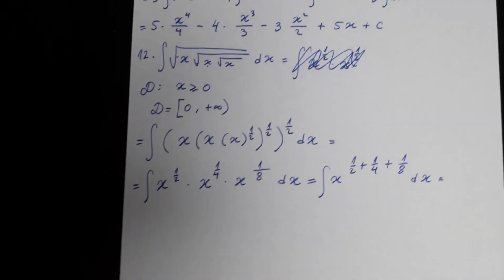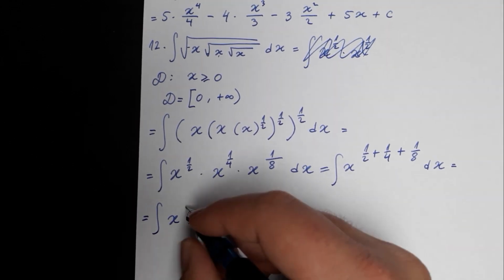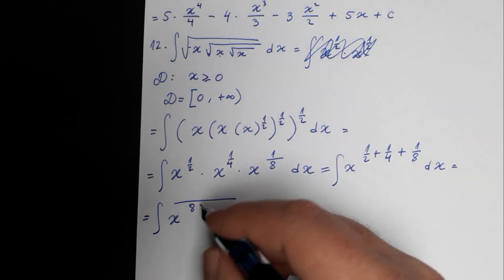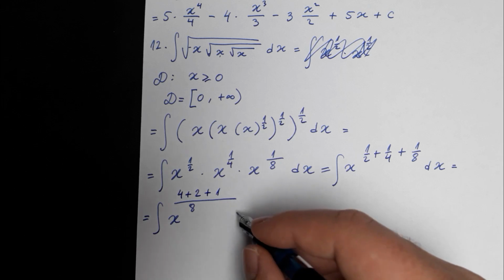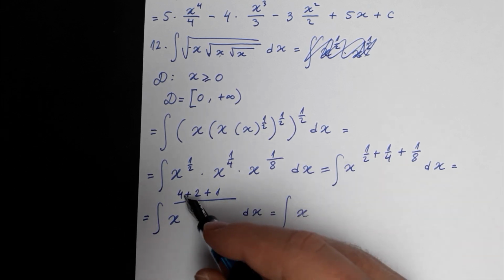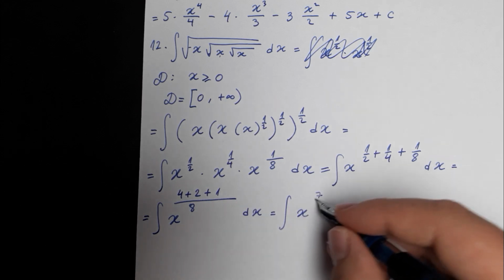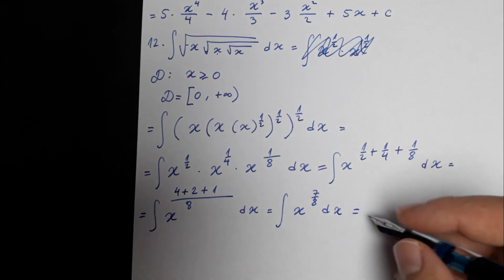This is then equal to the integral of x, with 8 in the denominator and 4 plus 2 plus 1 in the numerator, dx, which is the integral of x to the power 7 divided by 8 dx, which is then equal to x